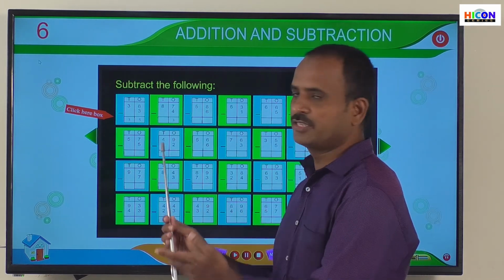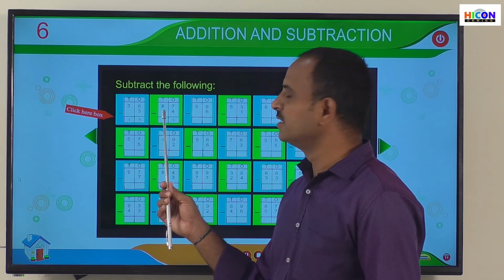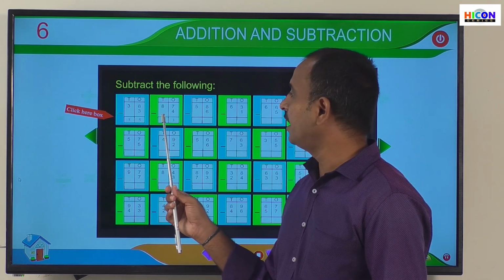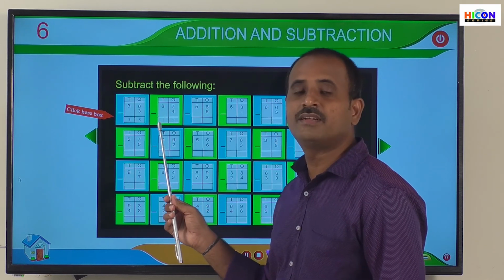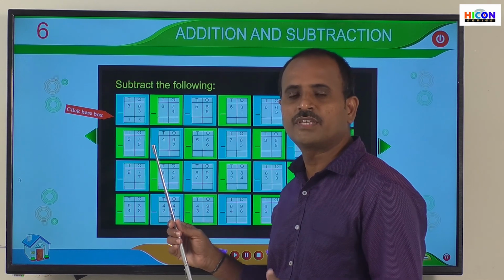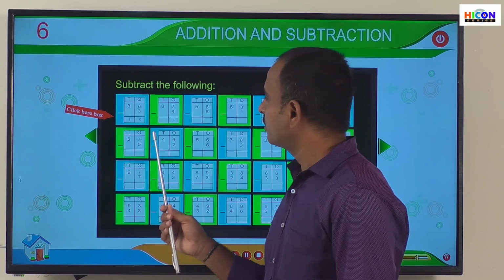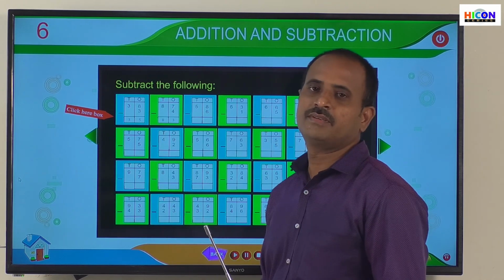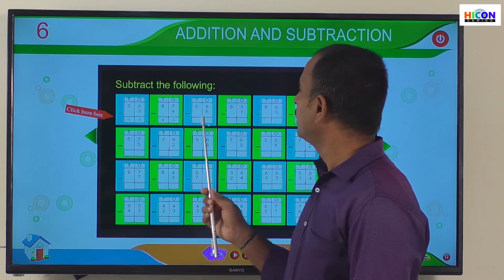So next you go to tens place. Subtract the digits present in the tens place. What are the digits in the tens place? 8 and 0. So here there are no tens. That means there are 0 tens. So subtract 0 from 8. If you subtract 0 from 8, again we will get 8. So write 8 under tens place. Answer is 83. So next go to the next problem here.